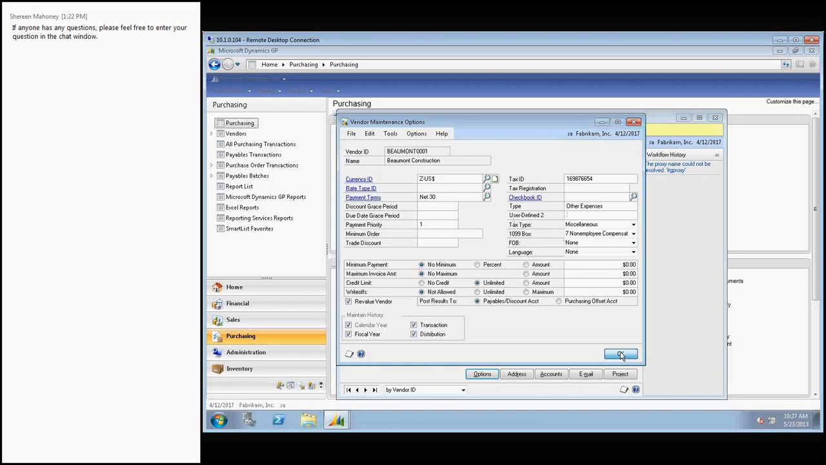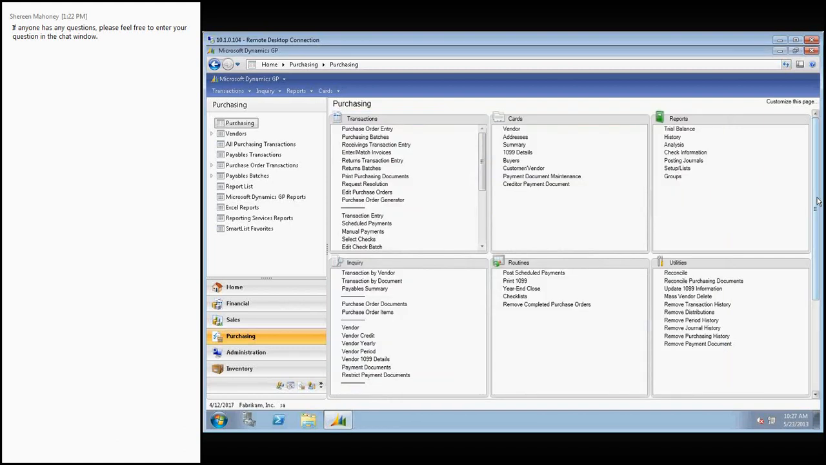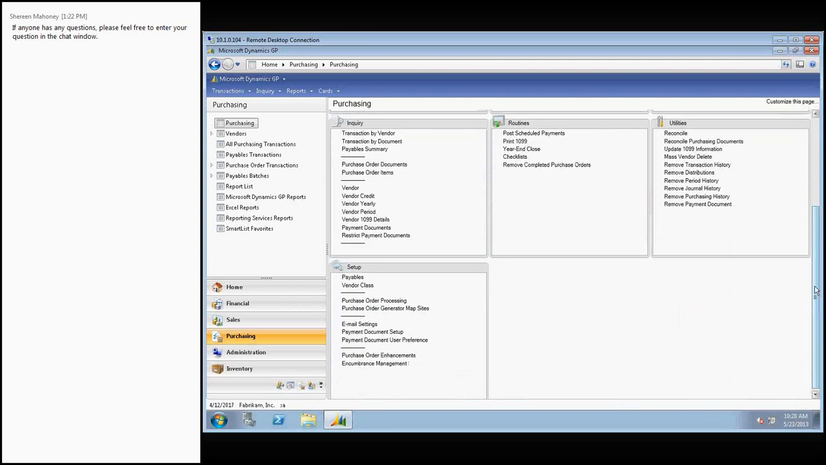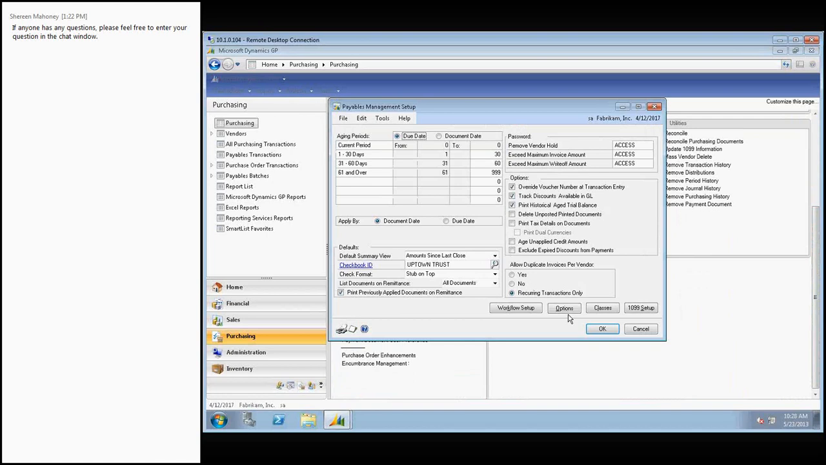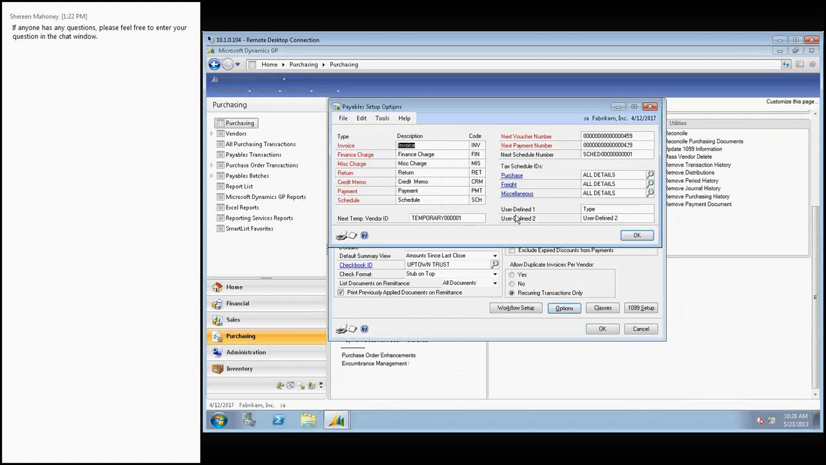If you're curious where you would go to make that change, you would go to your setups window under Payables. We'd look at options, and here's where we see the user-defined 1 and the user-defined 2. You can see that this one, user-defined 1, was changed to type, and user-defined 2 is still user-defined 2. So if I were to go in here right now and call this W9 received,